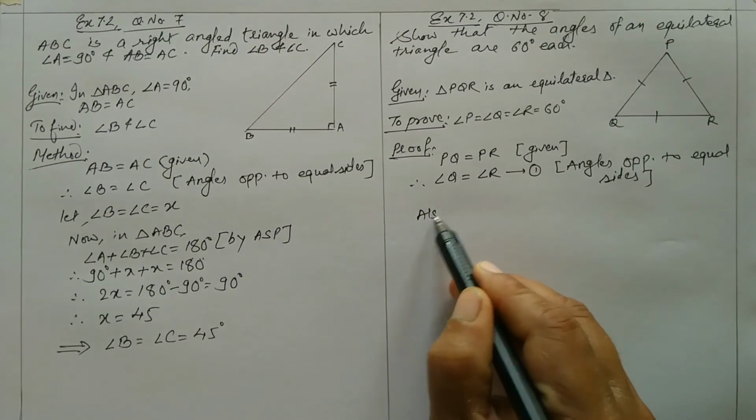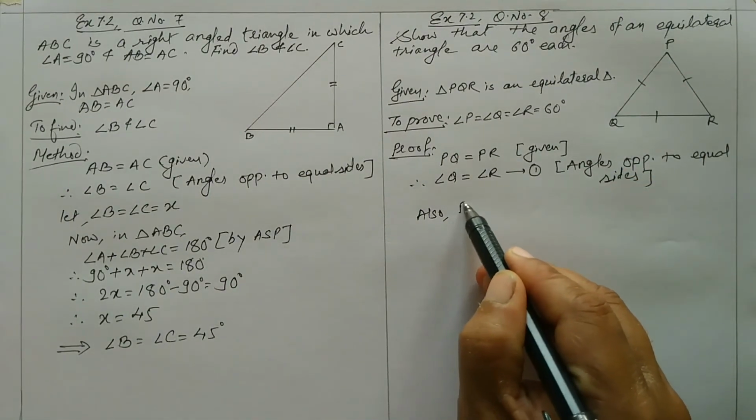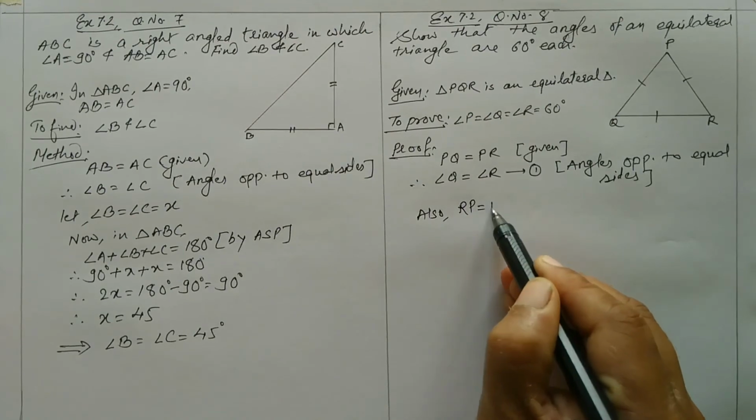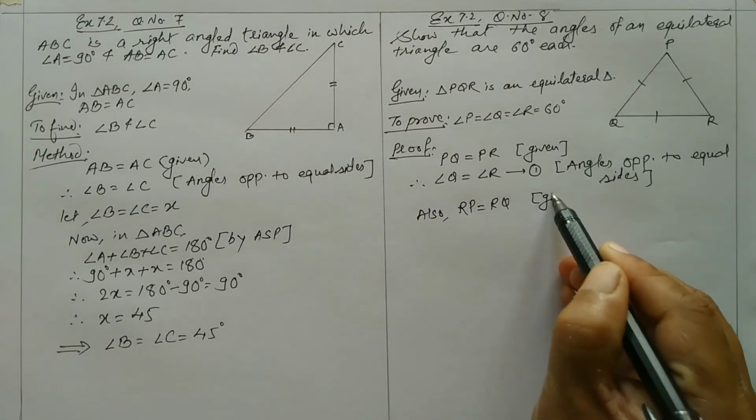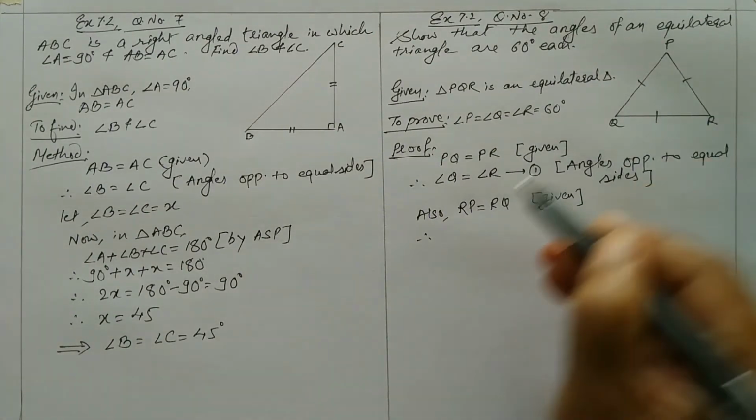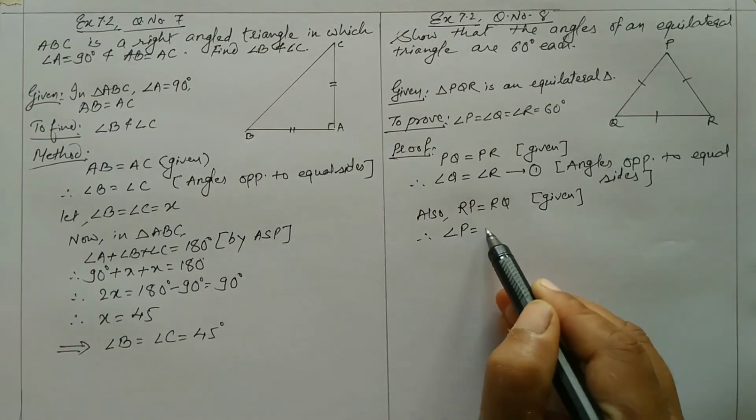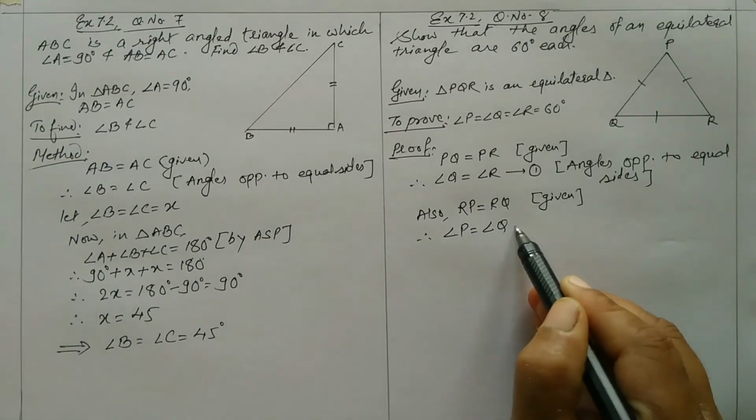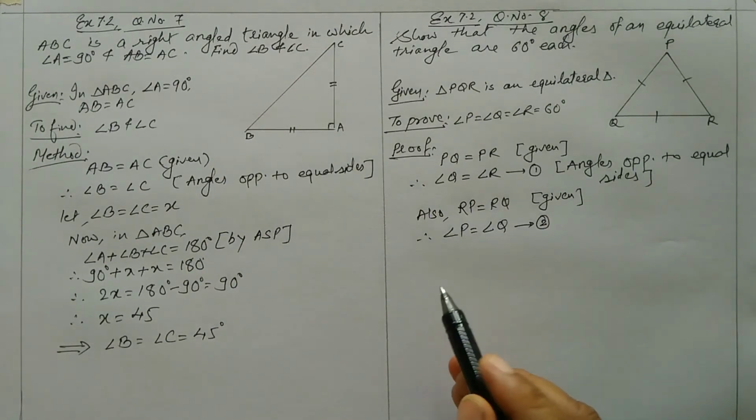Okay, also RP is equal to RQ. RP is equal to RQ. This is also given to us. Therefore angle P is equal to angle Q. Angle P is equal to angle Q. You can call this 2. Okay, now